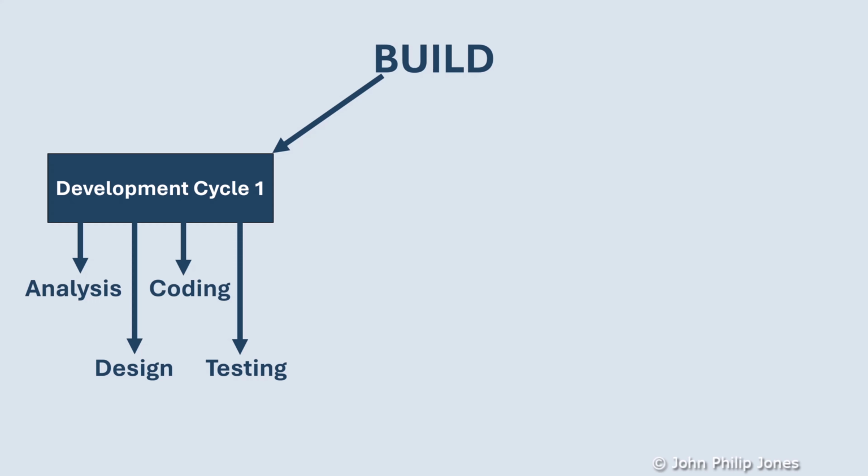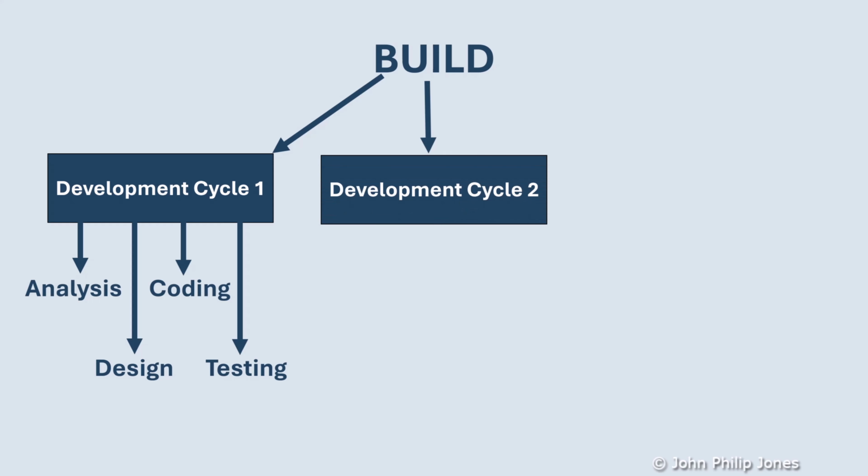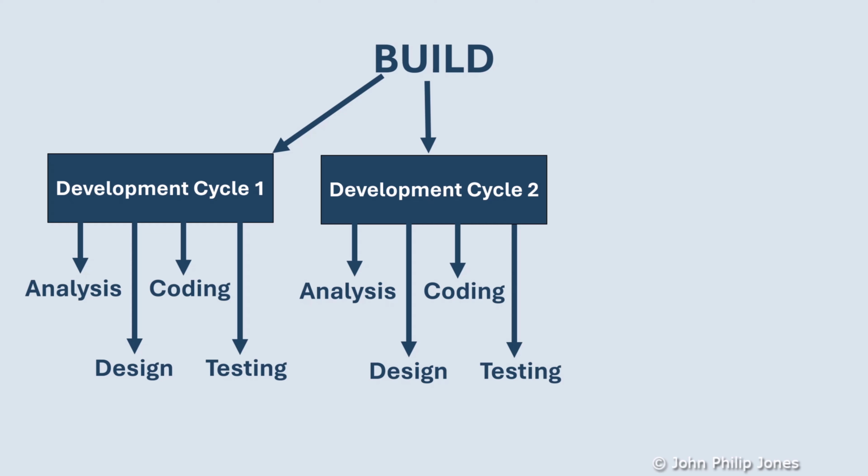And of course, at the end of this cycle, you've got some software that you can show the customer, that you can show the stakeholder. And this will inform the requirements gathering, hopefully more accurately. And this will occur during the development cycle 2, where you do more analysis, but this time you've got the software to show the stakeholders. You produce the analysis documentation, you move on to design, you produce the design documentation, you then code up the new designs, you then go on to the testing, and you've got further with the production of the code,